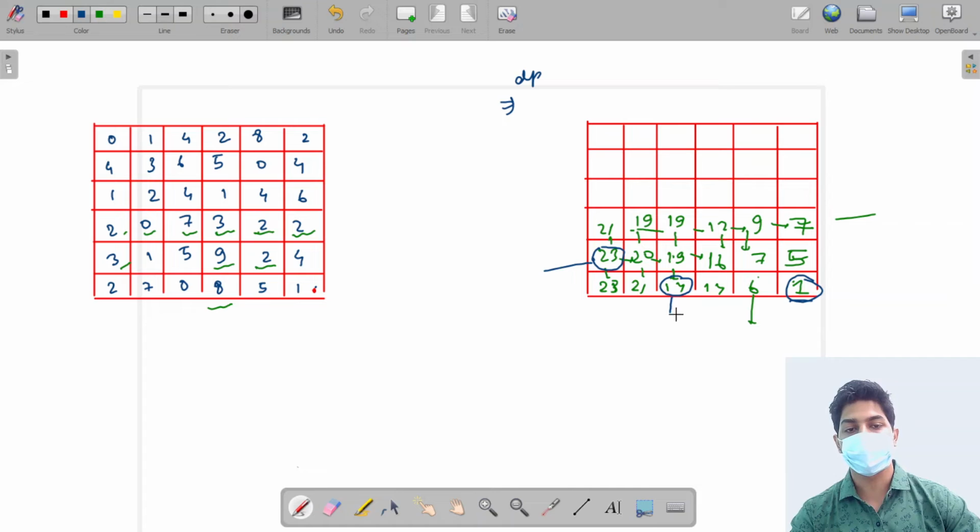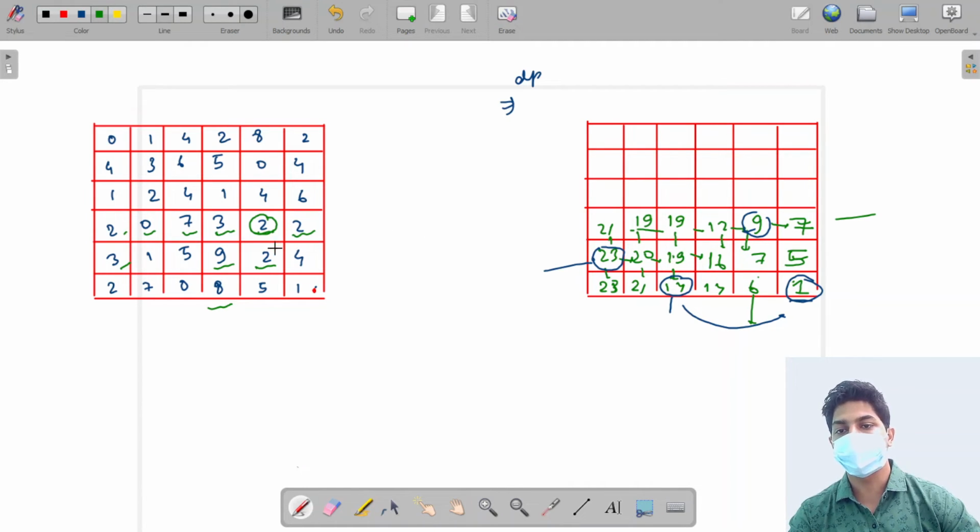If we are starting from here, what is the least costly path to reach the destination? What is stored over here? If we start from here, what is the least costly path to reach the destination? Here the answer stored is 9. So it says that if we are starting from this particular location, the minimum or least costly path is of 9 weight, meaning it will cost us 9 rupees.